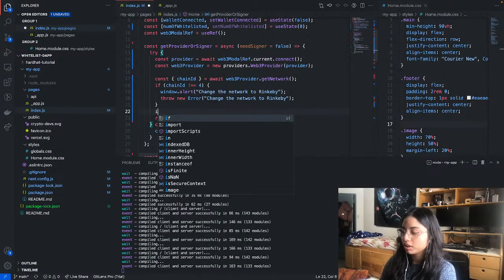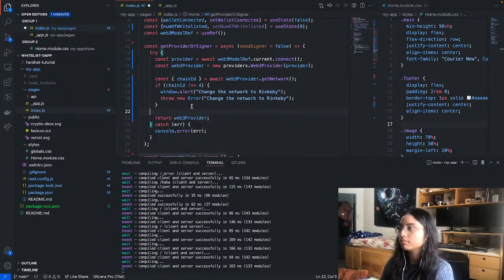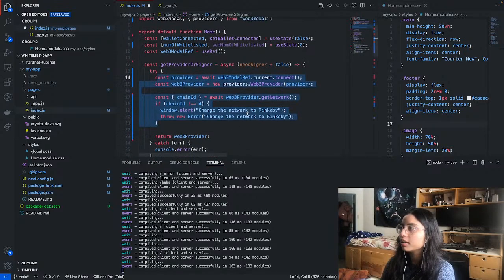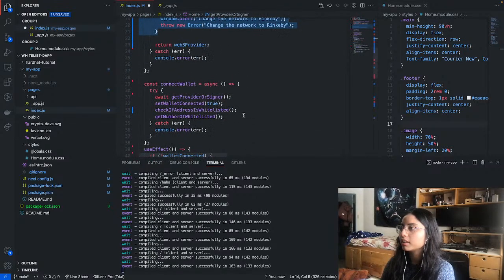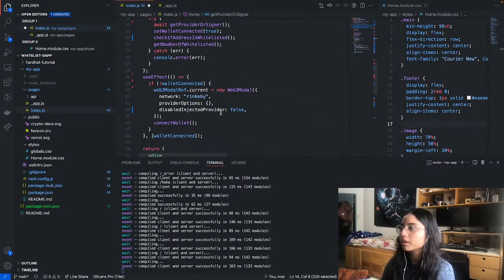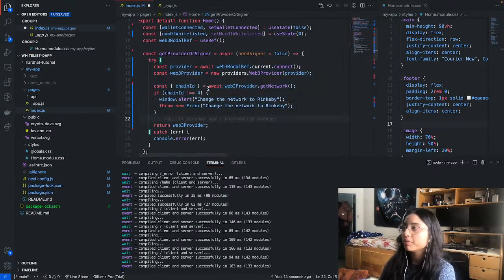I need to do this, and nice, I did this. Do we have any questions? Okay, no. All right. Let's finish the code first, and then we can see if it's working. Otherwise, we're gonna get bugs. But yeah, what we are doing here is we're getting the network, we're checking the chain ID, and